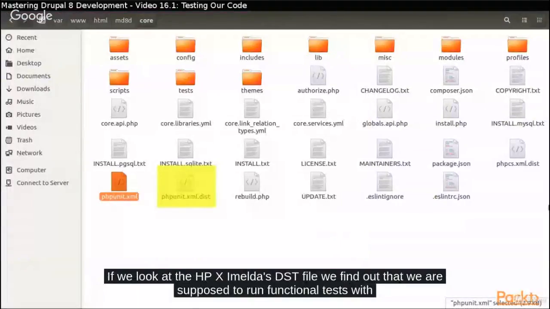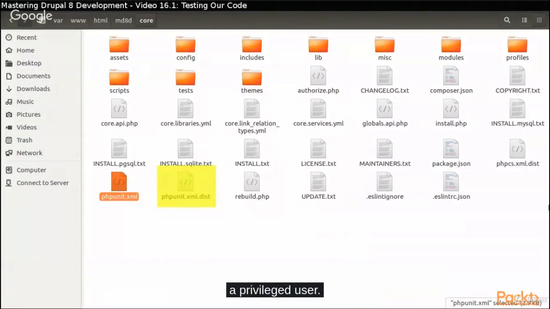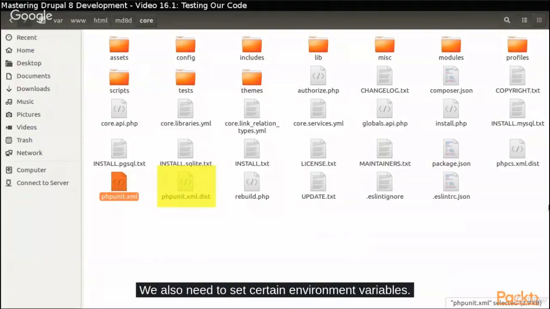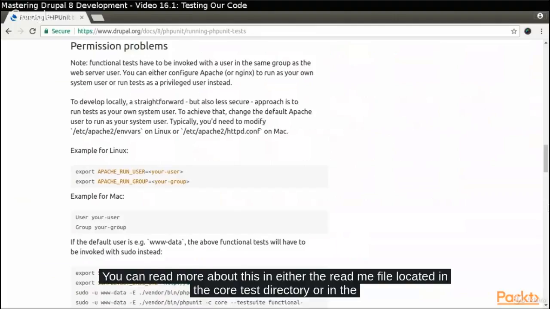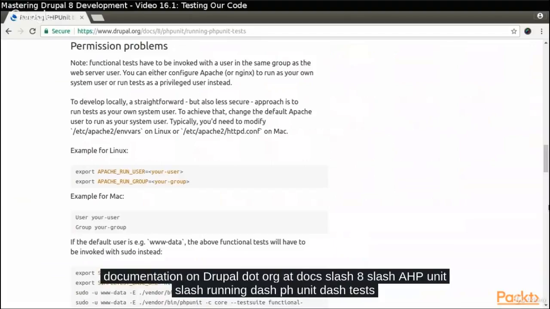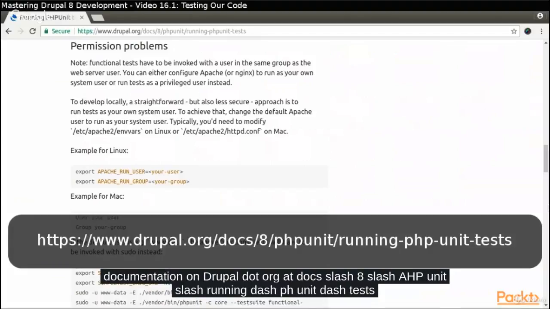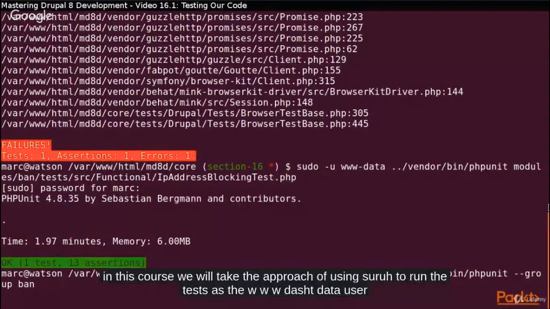If we look at the phpunit.xml.dist file, we find out that we are supposed to run functional tests with a privileged user. We also need to set certain environment variables. You can read more about this in either the README file located in the core tests directory or in the documentation on drupal.org at docs/phpunit/running-phpunit-tests. In this course, we will take the approach of using sudo to run the test as the